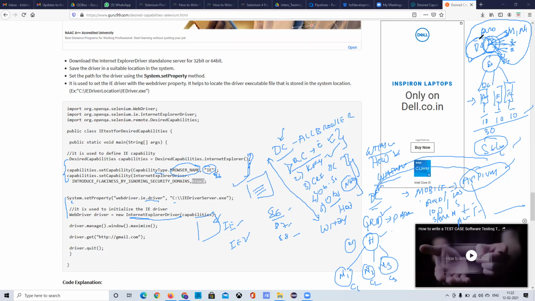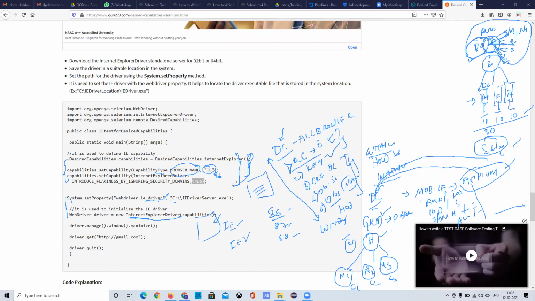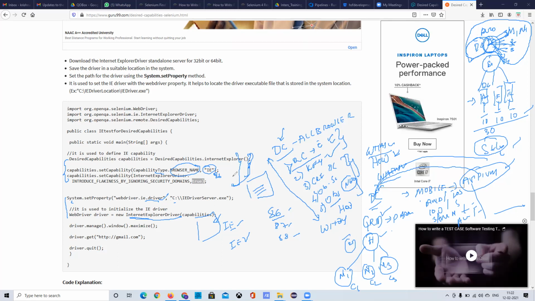But as of now, everything we are doing is in the same system, and we know the browser and we know the browser version. That's the reason we are not using the desired capabilities. Desired capabilities are common for all the browsers. For example, here I can set for Chrome, for IE, for Firefox, and whatever options I want to set, I'll set them over here. Those are the capabilities we need to set here. This is called the concept of desired capabilities.